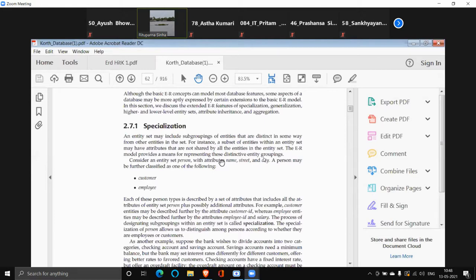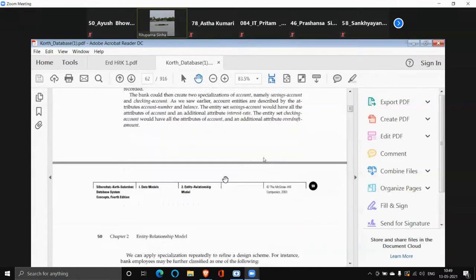Like if I have Maruti cars as one of the entity sets, I can divide Maruti cars into, suppose, Wagon R, and then Alto is another special type of Maruti cars. So this is known as specialization. So person is at the top, and then person can be broken into customer as one entity, employee as another entity. Okay, let me show you the diagram. It will become clear.